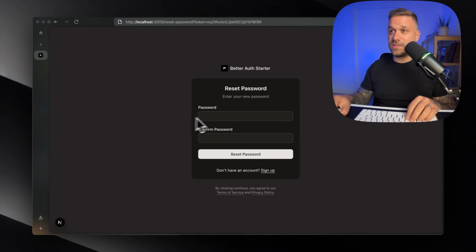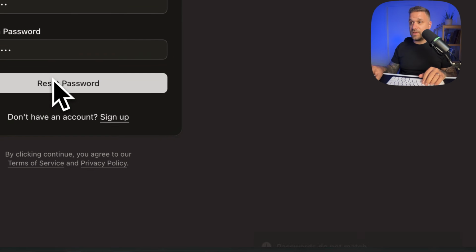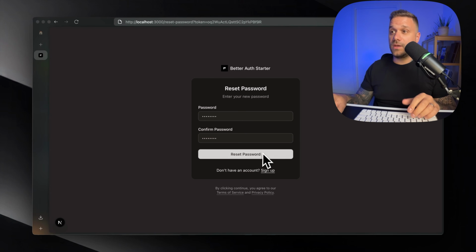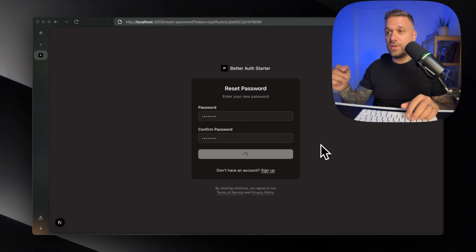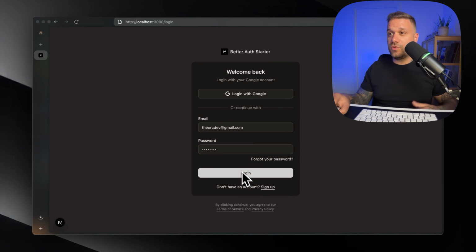to this reset password page where we are first checking if our passwords match, and if they are matching, we are resetting the password, redirecting our user to the login page where the new password can be used to log